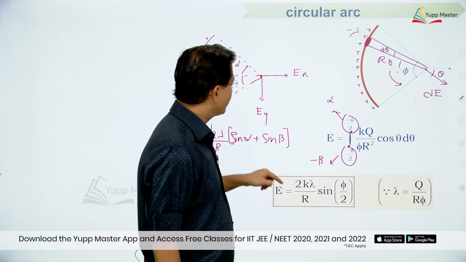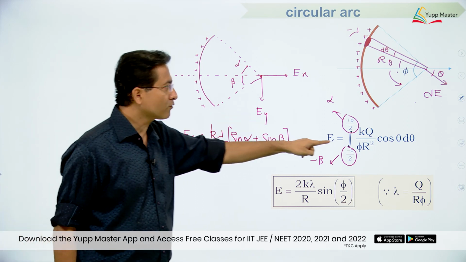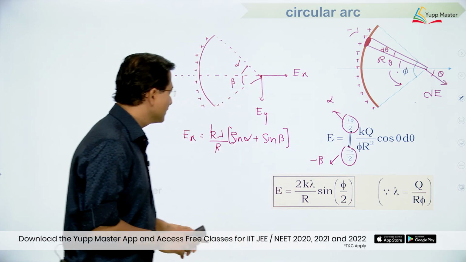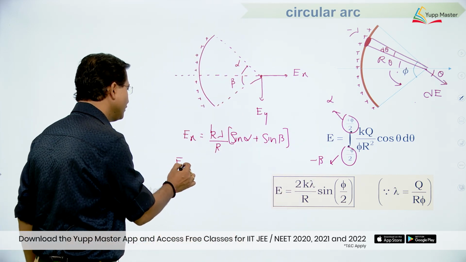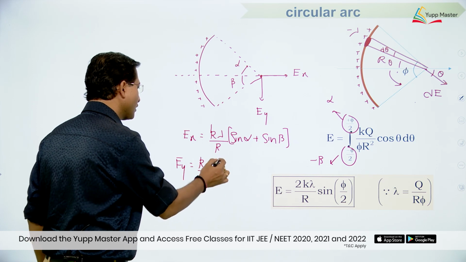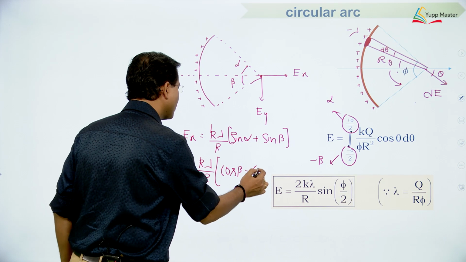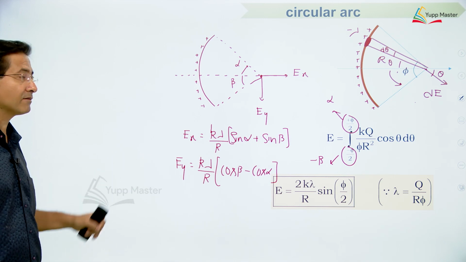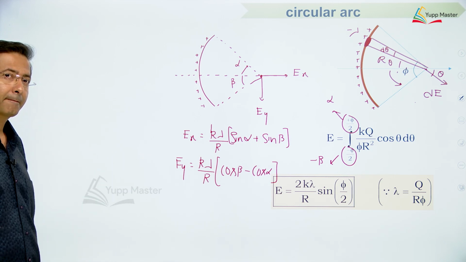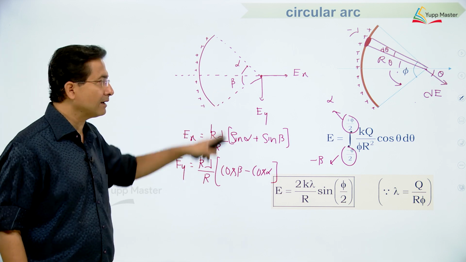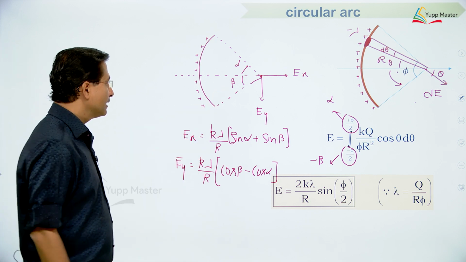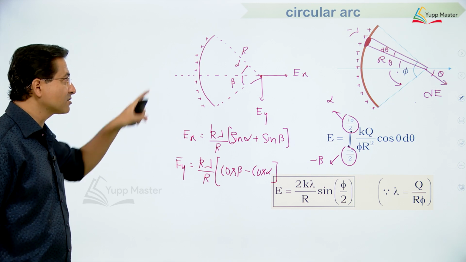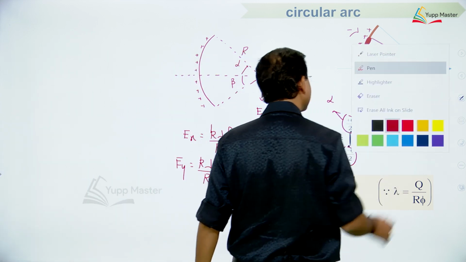To make you understand one more point, if I talk about the y component, so instead of cos coming here, now sine will come and integration of sine will be minus cos. If it is coming minus cos, then for the y component you are going to get Ey is equal to k lambda by r, cos beta minus cos alpha. Look, this result is the same as the result we have derived for the straight wire. This was radius r. Now as this result is the same as for a straight wire, I can extend the same logic.